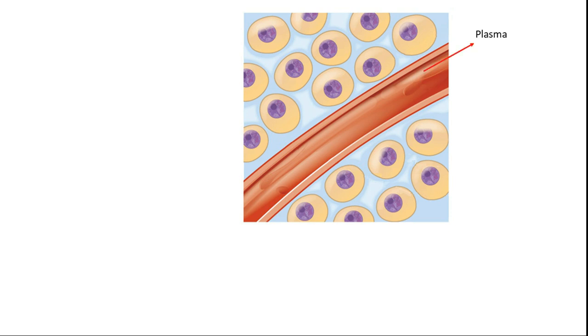Let's say one major fluid compartment that we have is blood. In blood, the water-containing fluid content is what we call plasma. That is one major compartment. The second one is interstitial fluid. Interstitial fluid is the fluid that we have outside the cell but in the area other than plasma.